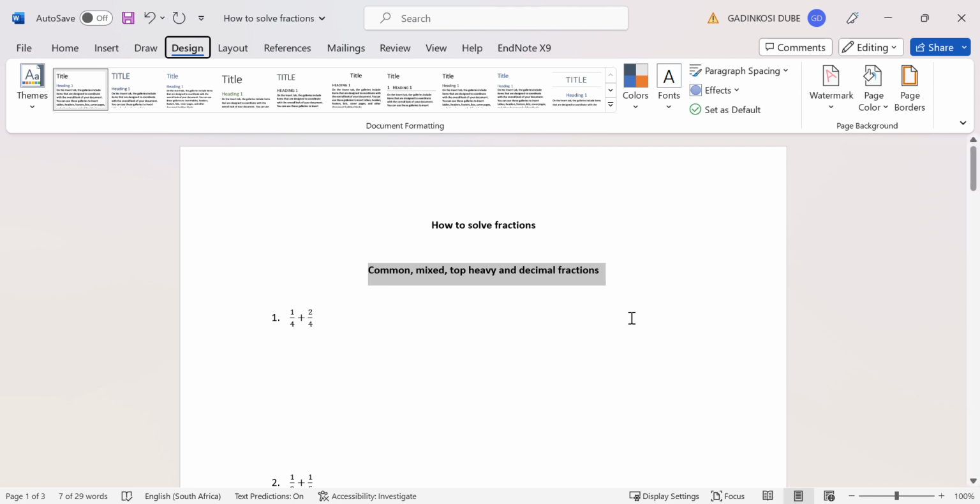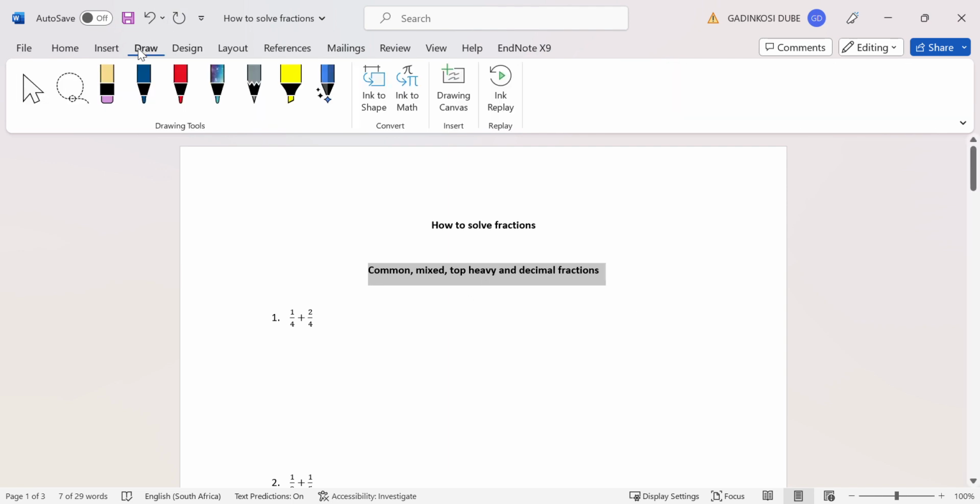Today, we're going to be looking at how to solve common fractions, mixed fractions, top-heavy fractions, and decimal fractions. But we just need to focus firstly on the common fractions. How do you go about solving them? So, if you're given a particular set of common fractions, for example, if you look at this first one here,